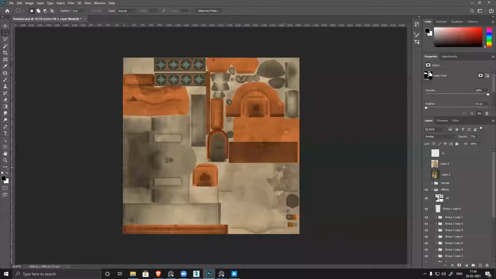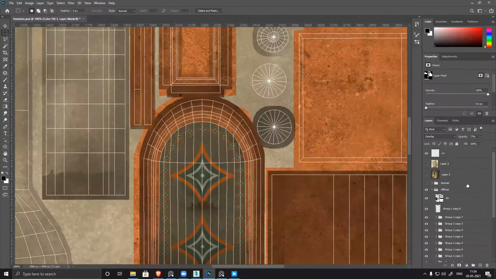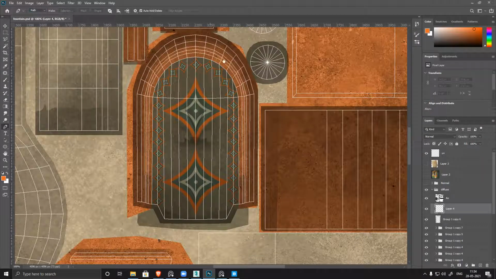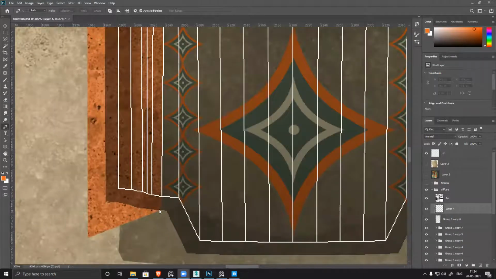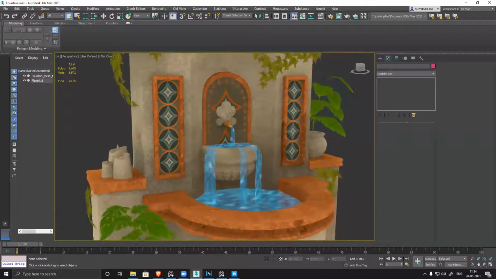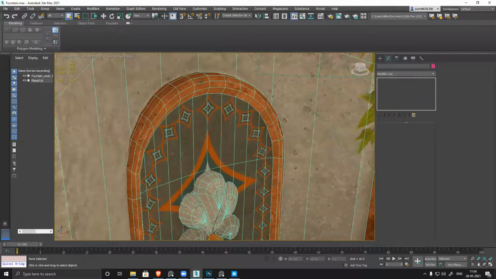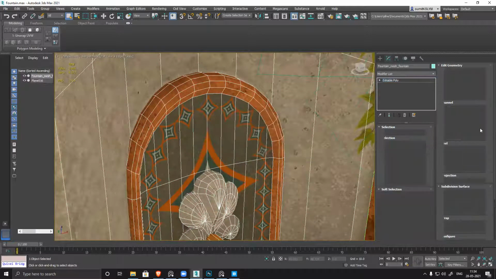Now I need to create those highlights. So I'll just switch on my UV, then an empty layer, then I'll take a pen tool. This time path, not shapes. It kind of looks like a flat surface, and here I can see it's more of a rounded surface. That means I need to delete this center, collapse. Yes.